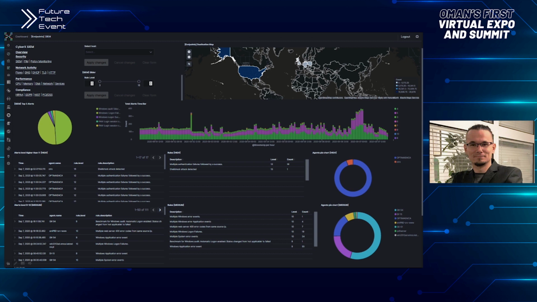CyberX is also able to integrate with your infrastructure and devices so you will know what to do by your standards. Now, after I finish talking, I want you to ask yourself if you are monitoring everything in your architecture